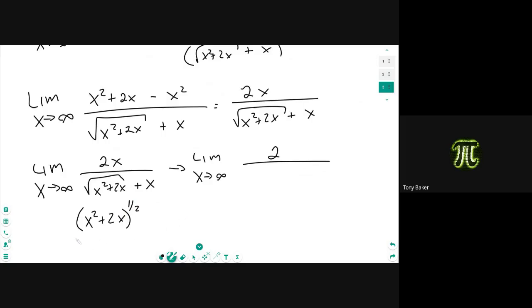It being 2x plus 2 times 1/2. So we've got